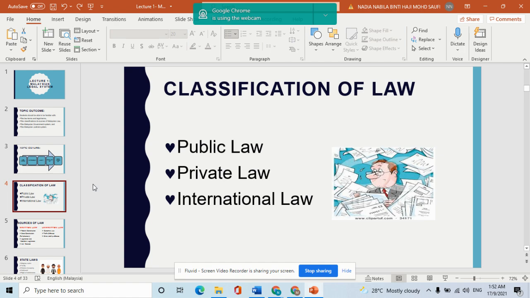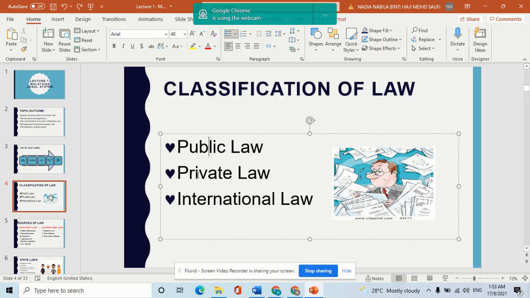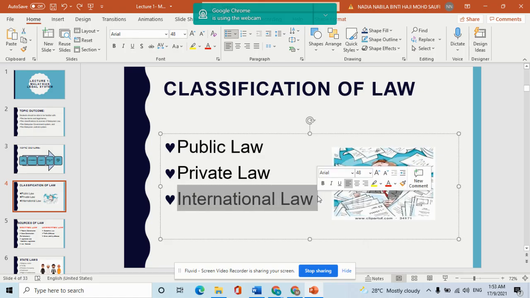However, there's another layer which we would have to foresee under private and public law, which is the international part. For public and private law, number one and number two are governing domestic laws, which means laws of the nation, only governing people in Malaysia. However, international law governs